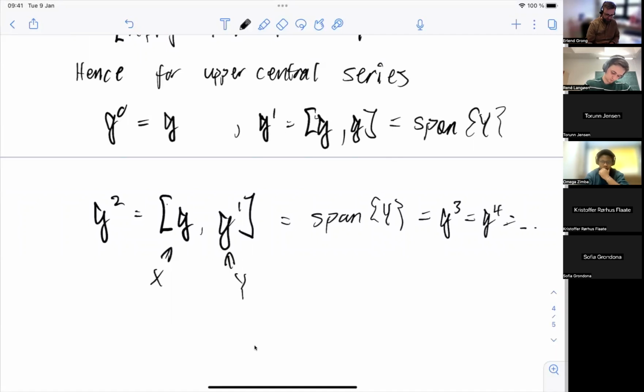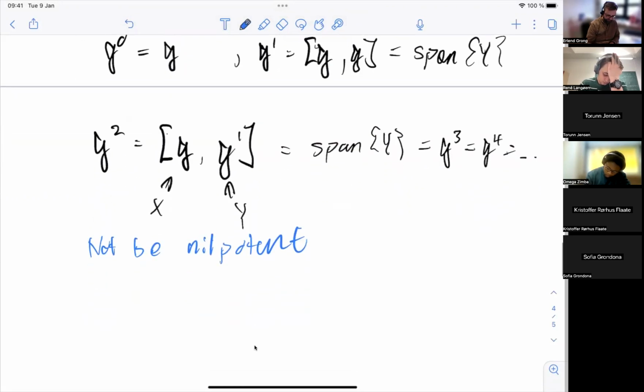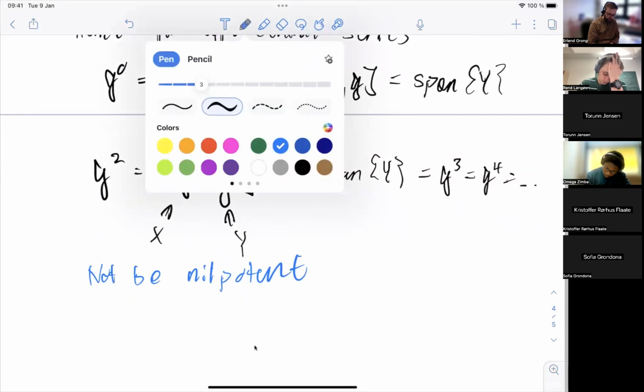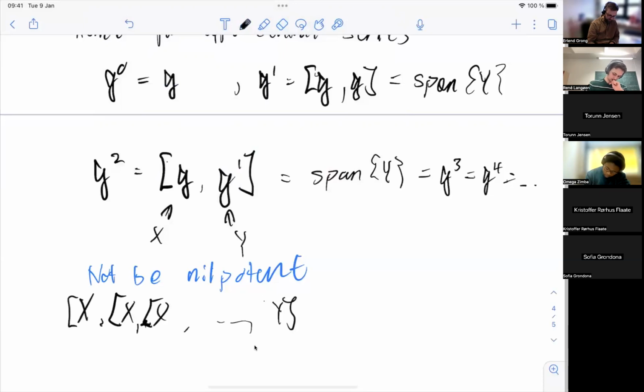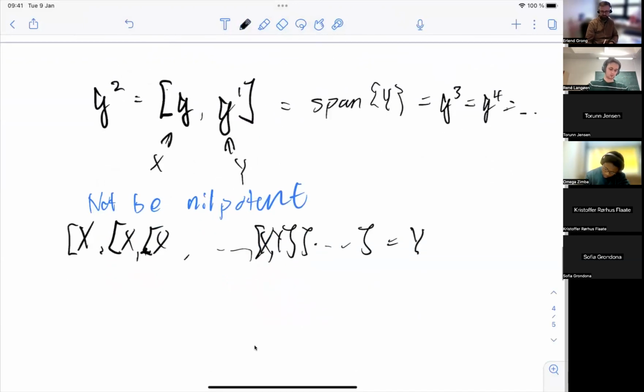So this one will not be nilpotent, because we'll never get anything lower than Y. And the reason is that I can do X, X, X, as many X's as I want, and it's still equal to Y, right? But it is solvable